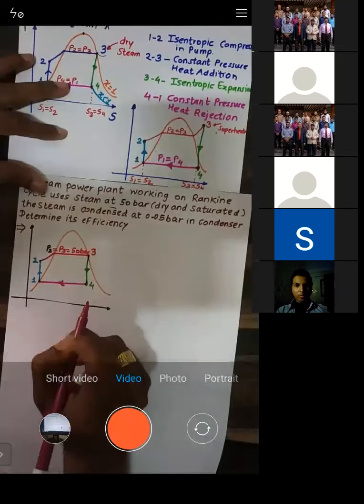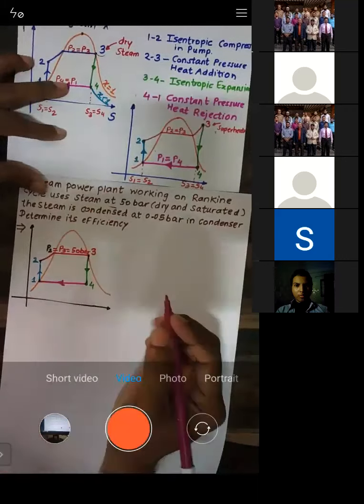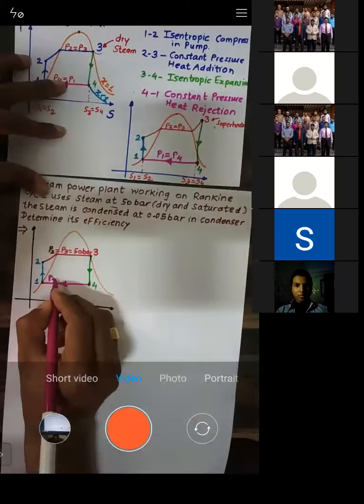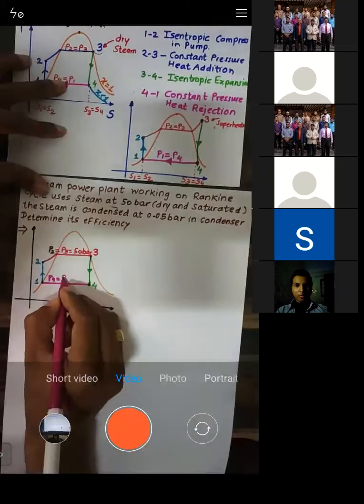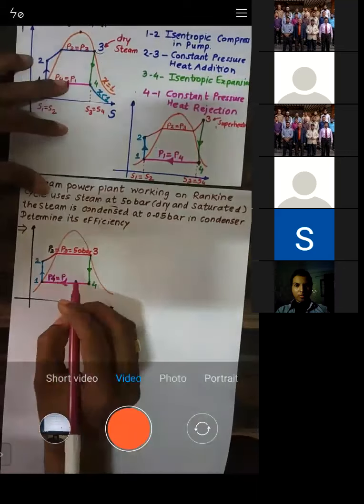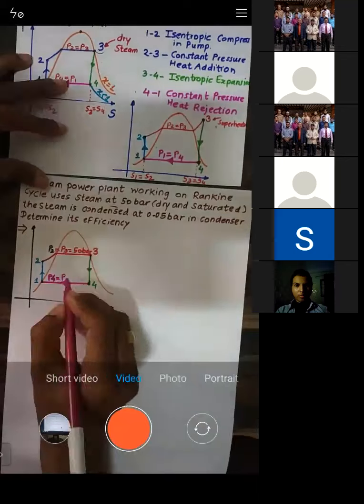Constant pressure heat rejection in a condenser. That means here again, pressure at point number 4 is equal to pressure at point number 1. Right? If you see what is given,